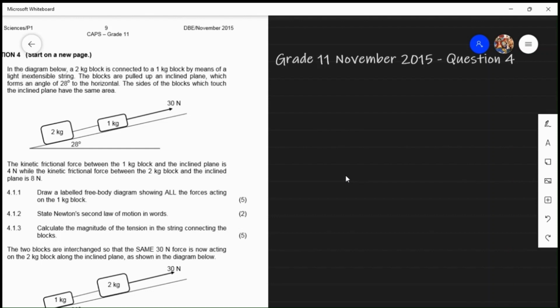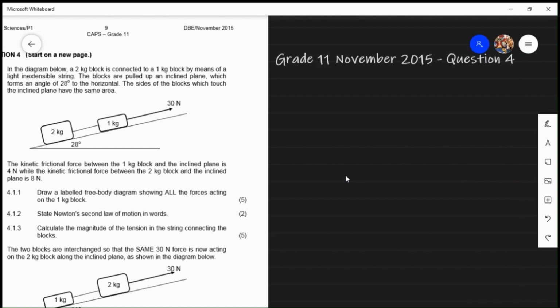The sides of the block which touch the inclined plane have the same surface area. The kinetic frictional force between the 1 kg block and the inclined plane is 4 newtons, while the kinetic frictional force between the 2 kg block and the inclined plane is 8 newtons. So our first question, question 4.1.1: draw a labeled free body diagram showing all the forces acting on the 1